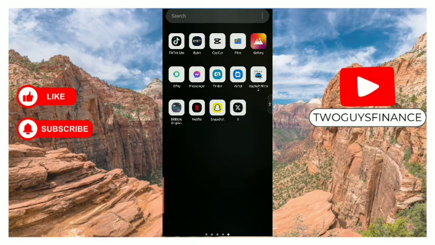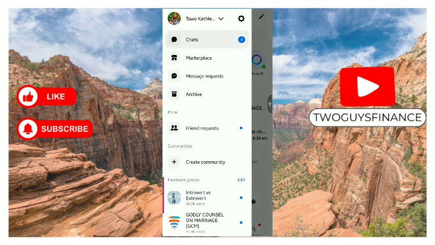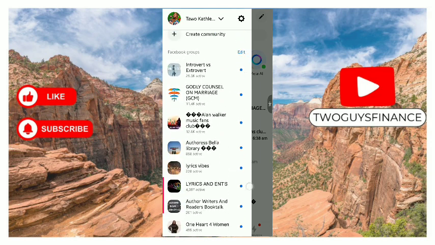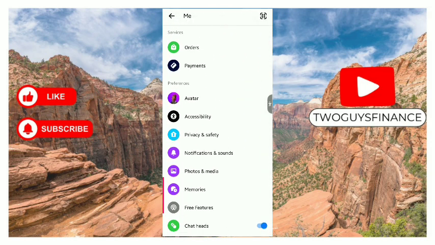Hello everyone, in this video I'm going to walk you through how to remove Messenger logged in devices on Android. First thing you do is tap on your Messenger and then you tap on the three lines at the top left corner over here. Then you go to the setting gear up here, scroll all the way down